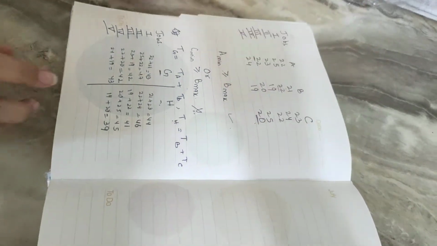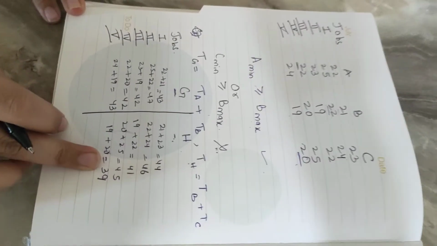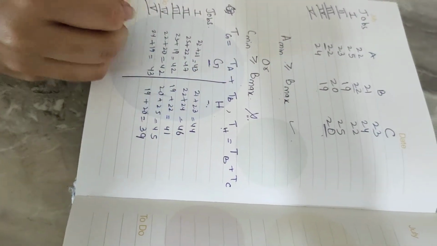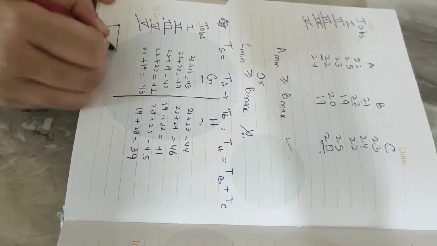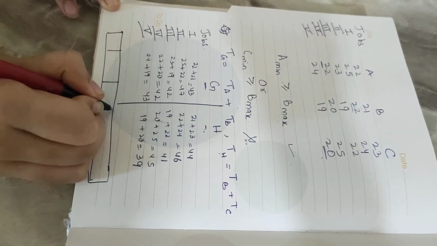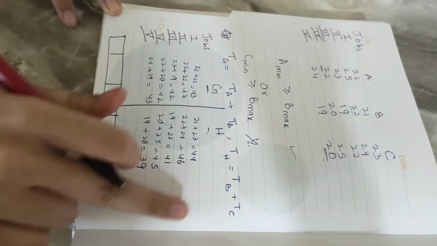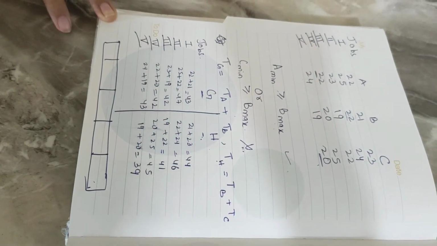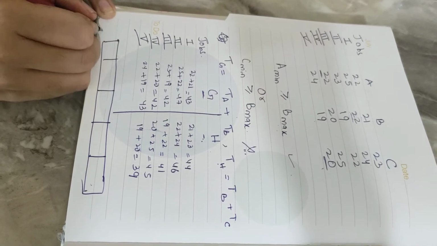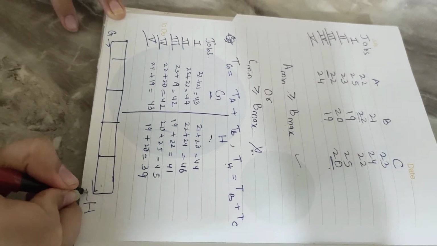Now our sum is converted into G and H. This is done to sequence the job. Now we are having 5 activities, 1, 2, 3, 4 and 5. Now we will check these values. The one with minimum will be given the first sequence. We will start G from here and from here we will have H.